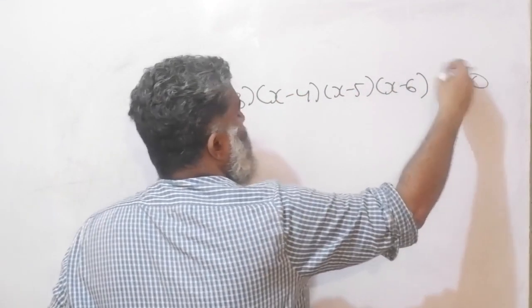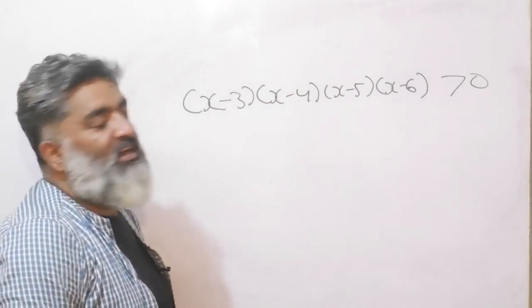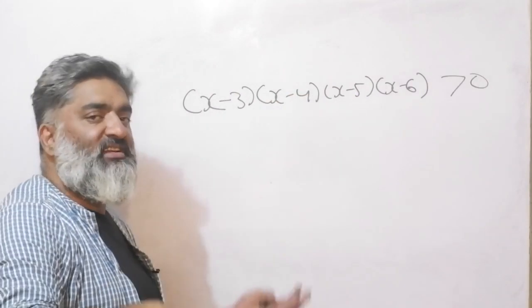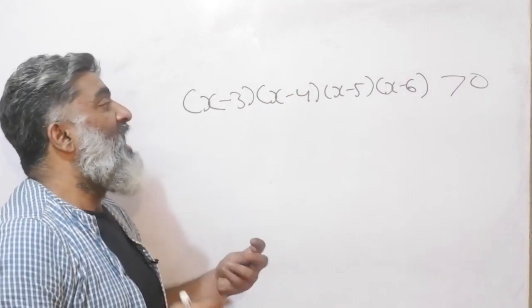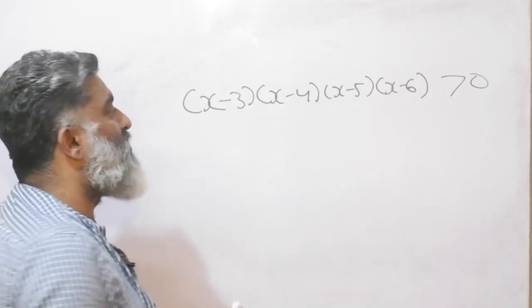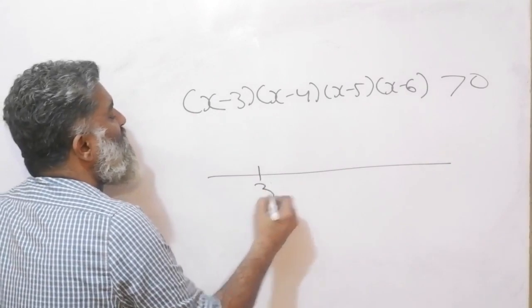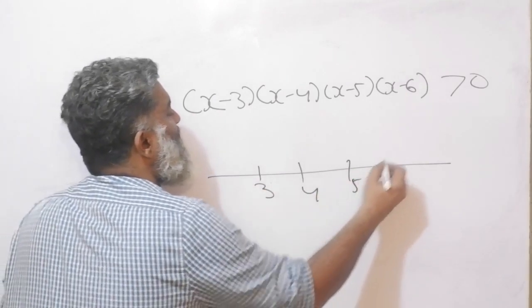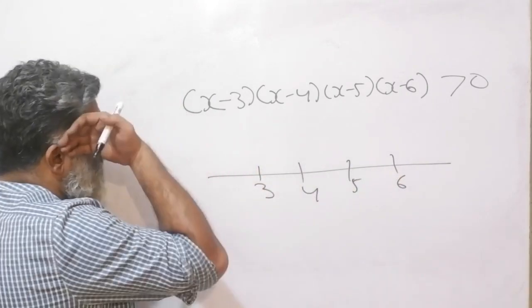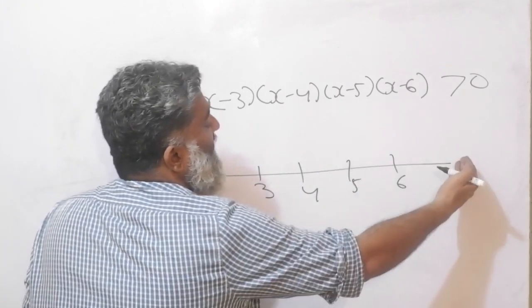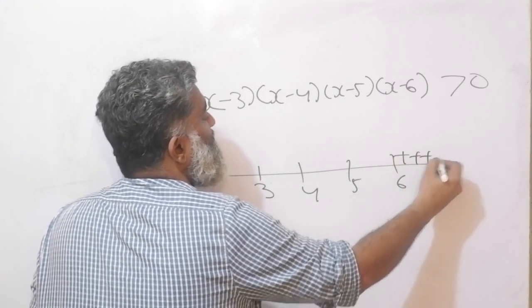And greater than 0 or less than 0, what the question is, we'll see later, because we are working out everything, where it is positive, where it is negative, and then I can choose my answer according to the problem statement. So what am I thinking now? Now I'm already thinking the roots are 3, 4, 5 and 6. What's going to happen? Anything on the right side of 6 is going to be positive.